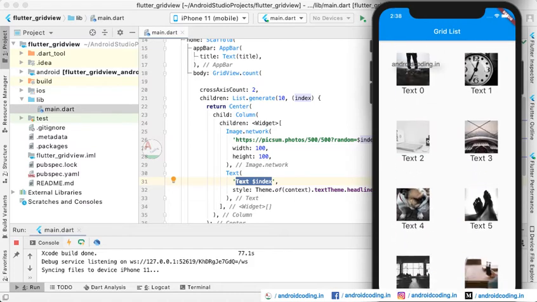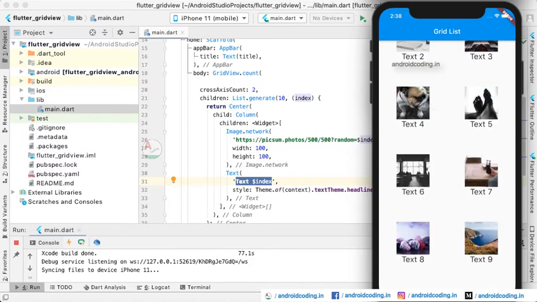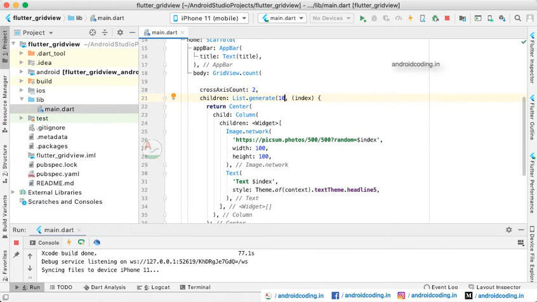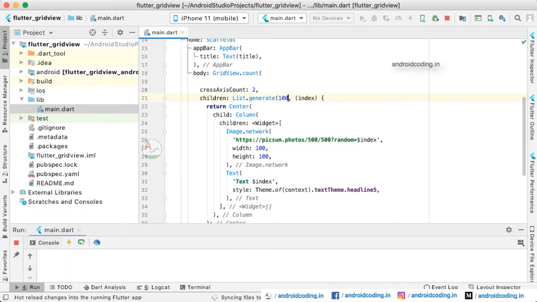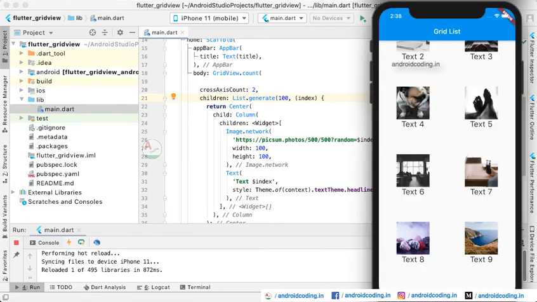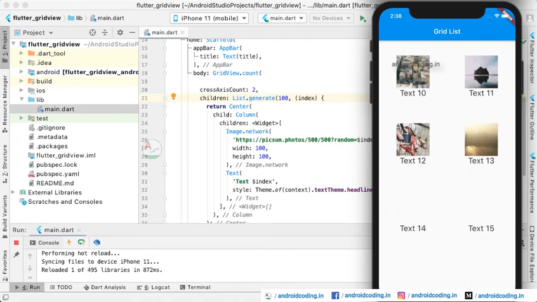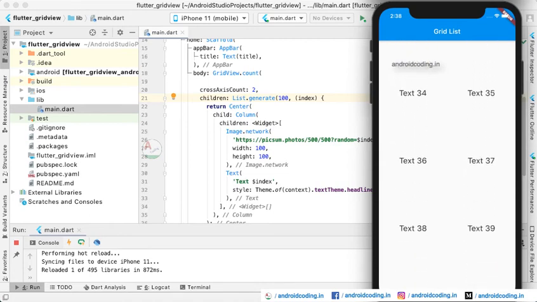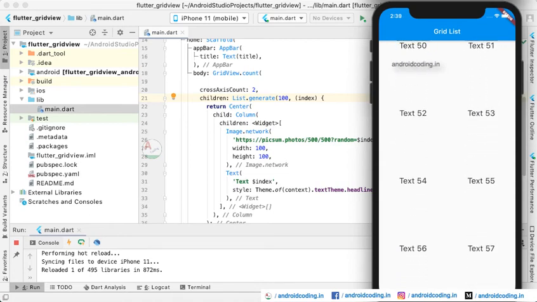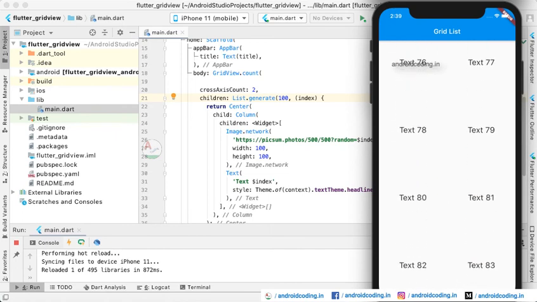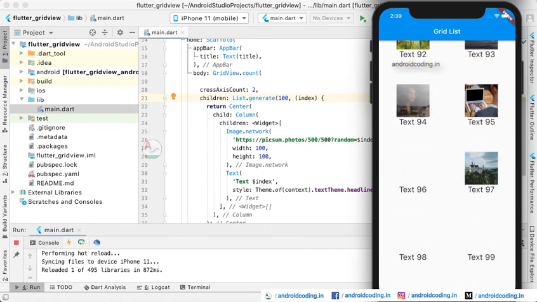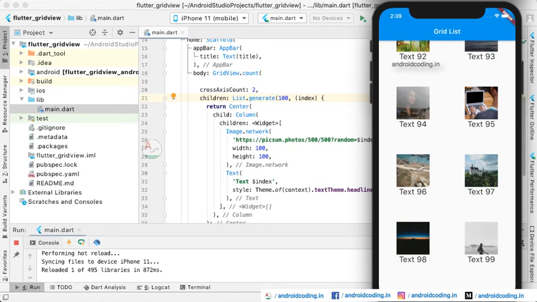and as we have made the count 10, it is restricted up to 9 only, and we do not have any more after this. If you want more than 10, just declare 100 and try to run it. You can see we get more than 10 here. As we have provided 100 as the limit, it will stop at 99.